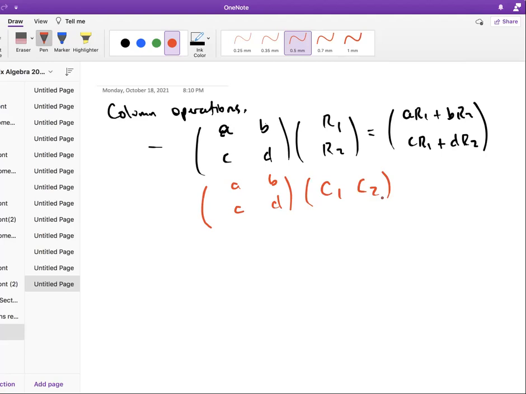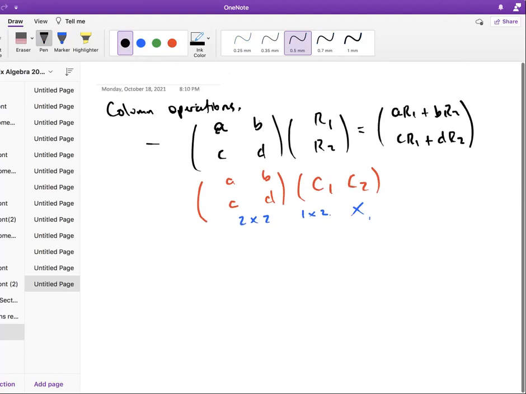So can you talk about a matrix as a row of columns? Is that okay? As like this? Someone say why that's not good. What's wrong with this? The dimensions are incompatible. Yep. This is a 2 by 2, but if I express it this way, this is a 1 by 2. So we can't do that. So does that mean that you can never talk about column operations? No, but